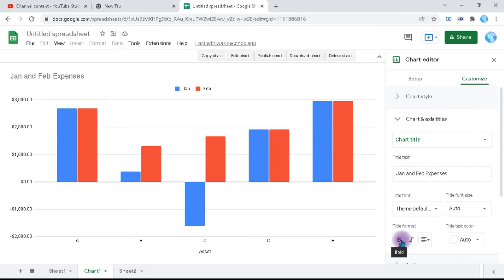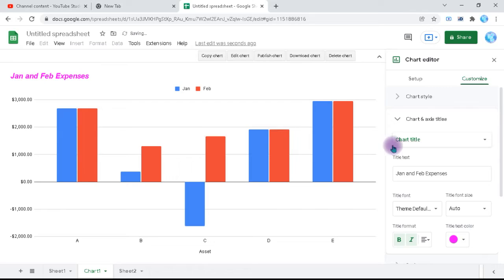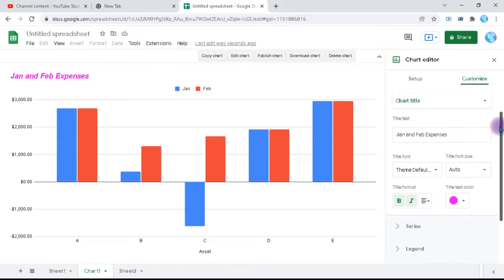You can change it, of course, as normal editing. You can make it bold, make it italics, change the alignment and text color. You can change it to any color that you like, and so on. So that's the chart title, and the axis, the titles of the axes when you have an axis. Okay, so if we close this,